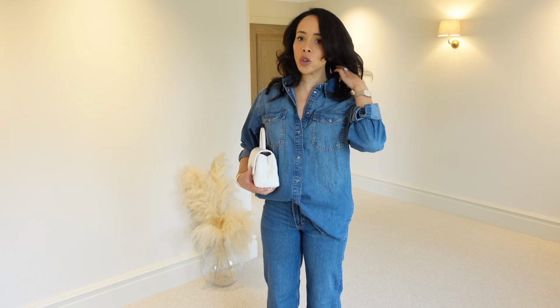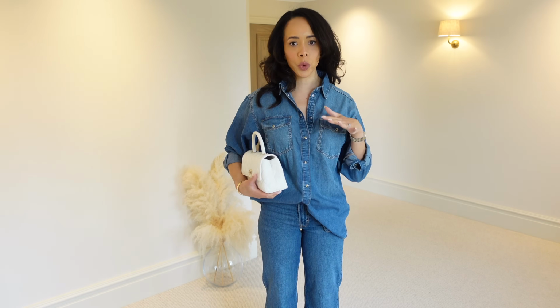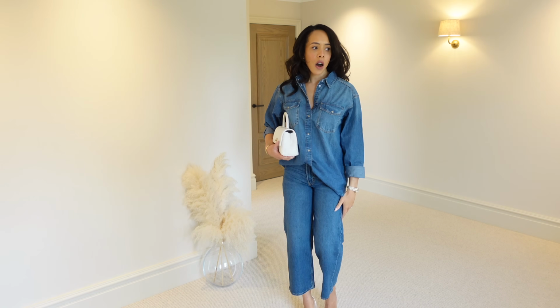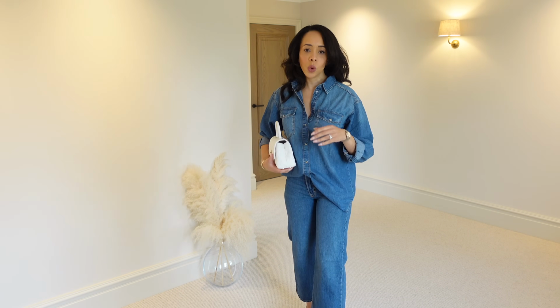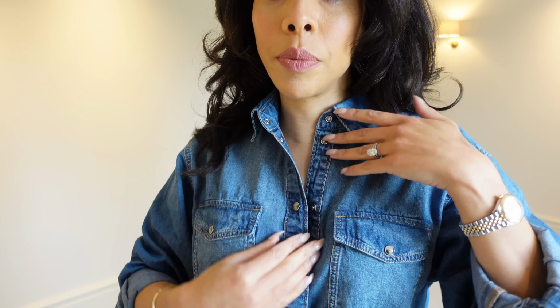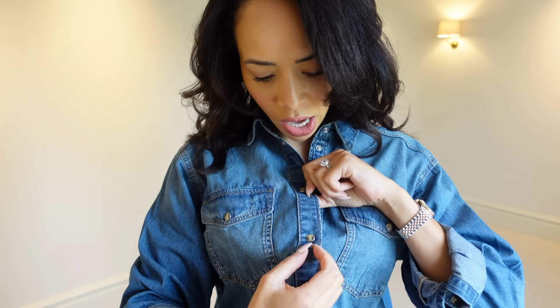Now, I wasn't too sure about this denim shirt. Let me know in the comments what you think. But now that I've styled it in multiple ways, I really, really like it. And also what I like about it is the way that the buttons have been done. So hopefully I'll be able to show you in the camera, but you can see that it's kind of like